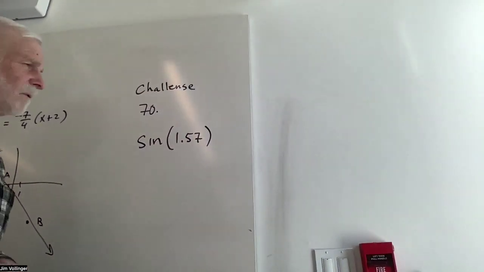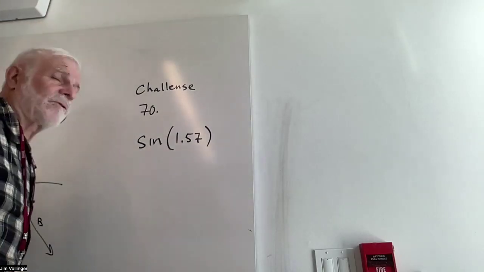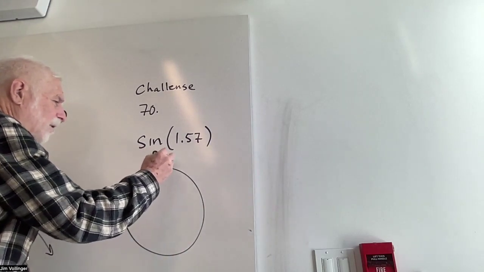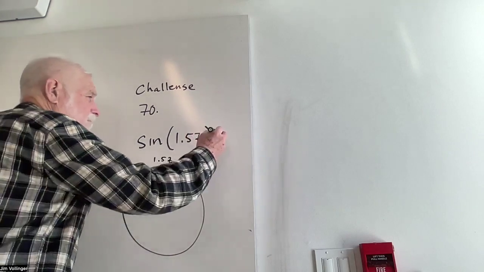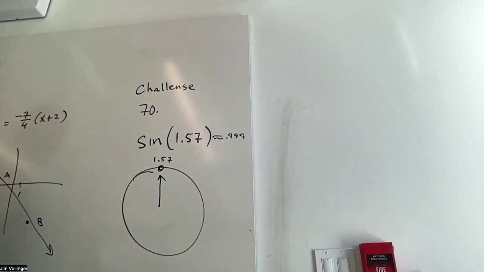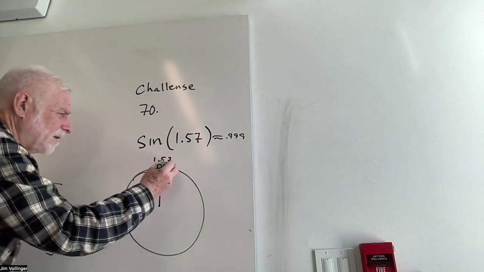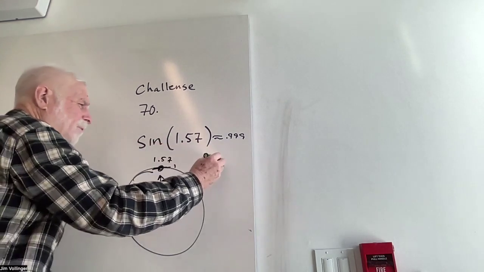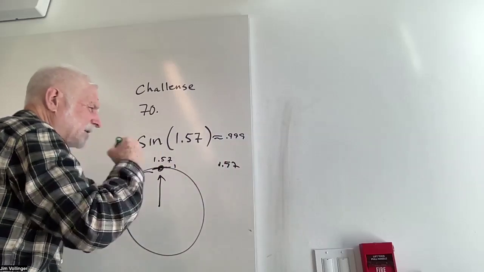Now, based on what we said over on the other wall, 1.57 should jump off the page at you. There it is, 1.57 radius lengths. And the sine is that height. And I wrote, without looking at Google, 0.999, but I'll check and see if 3 nines appear, because I think we're pretty flat here. I think I'm going to be near 1 for quite a while. But this is just slightly, 1.57 is just slightly smaller